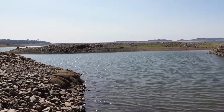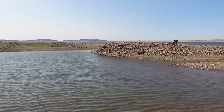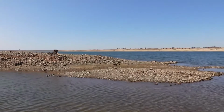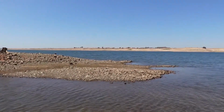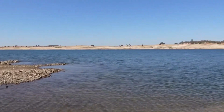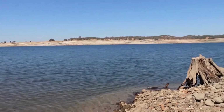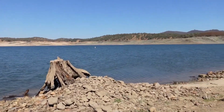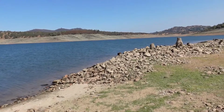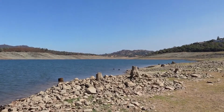Right now the water's at about 375 feet of elevation. You can see all of the cobble rock, mine tailings. Out there beyond is what we call the peninsula that held Negro Hill, and then over on the other side, the Negro Hill Ditch. And so there was a lot of mining activity, because you can see the river makes kind of a sweeping bend to the south at this location,